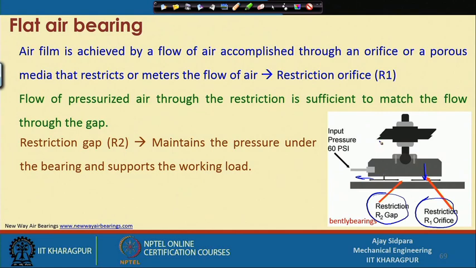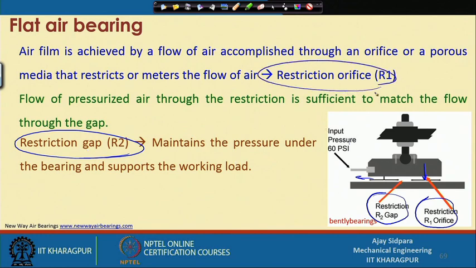If the gap is more, what is going to happen is that your gap restriction, that means pressure, will be very less here, because now the area is increased. So, in that case, that is a big problem. Now if you press it a little bit more, your area is reduced, now your pressure is increased. So, again it will balance, as we have seen in the last animation or movie clip, where if it is displacing vertically, then automatically the air was maintaining the center line between the shaft and the bushing. So, that is why you need two restrictions, one is the restriction in the gap and one is the restriction in the orifice,